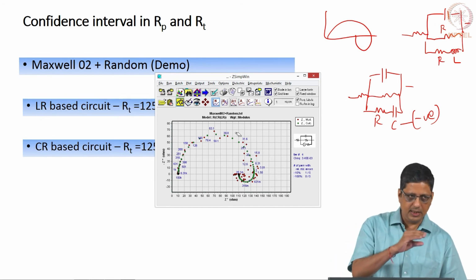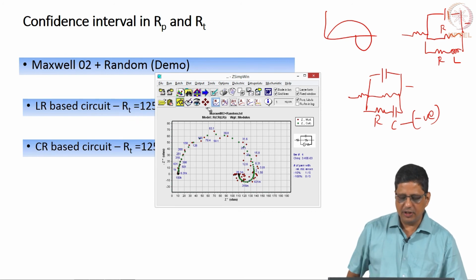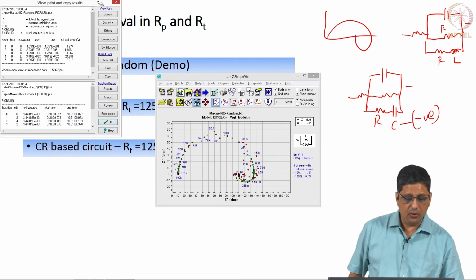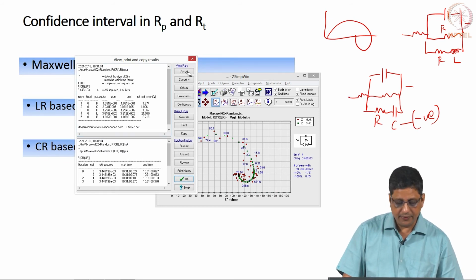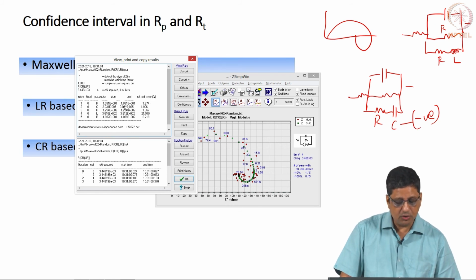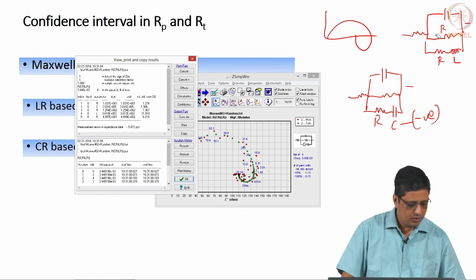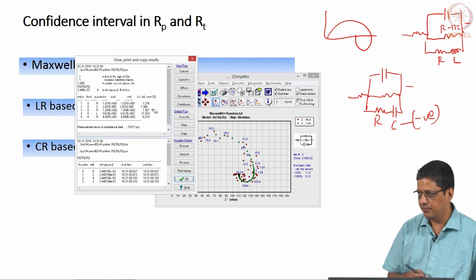I have created random noise and added it over this, so on average it is still going to follow the original value with slight deviation. I want you to look at the values of the elements. The first resistance here is 10 ohms, it is 1.03 × 10^1, relative standard error is 1.3%. The capacitor is 20 microfarad, that is also coming correctly, 2%. 125 ohms is the resistor here, with standard deviation 1.4%.